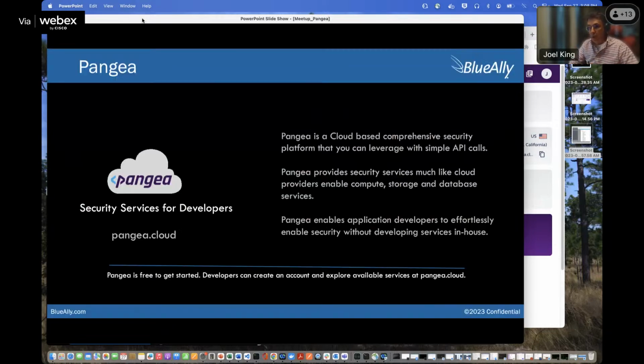So what is Pangea? Pangea has been out of stealth mode for about a year. It is a cloud-based security platform that you can leverage APIs for to do various security services. Think about it this way: we have cloud providers that offer compute, storage, and database services, and AWS obviously has a lot of different services there. Think of Pangea as a way of providing security services, much like a cloud provider will provide cloud services, and it is a